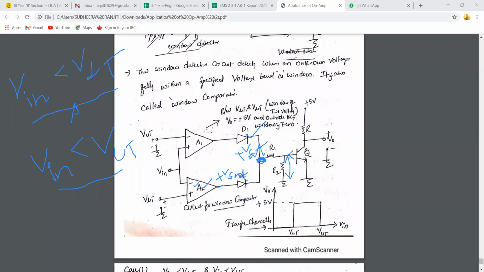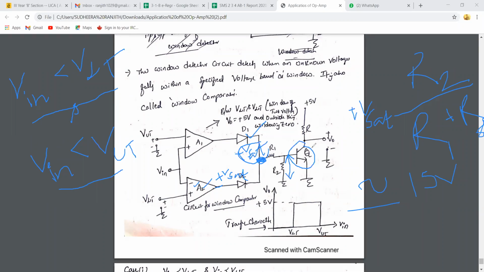R2 by R1 plus R2 into VSAT. That is the voltage applied to the base of the transistor. That voltage is plus VSAT into R2 by R1 plus R2. This is the voltage we are applying to the base of the transistor Q. So whenever the positive saturation voltage, whose value is approximately 15 volts, is applied to the base of the transistor,